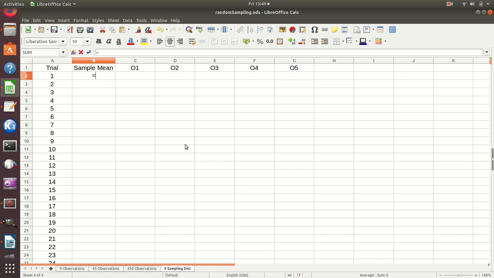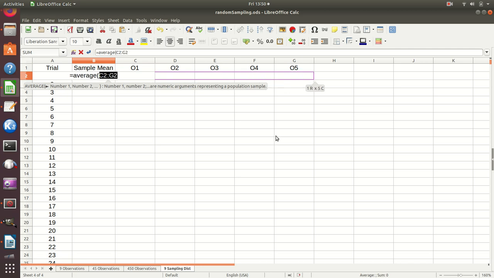Now here, I'm just going to ask for the average of, so I usually say of when I do an open parenthesis, because that's math stuff like f of x, right? You write f open parenthesis, x close parenthesis, f of x. And so I often will say of when I do an open parenthesis. Yeah, you can think that's weird, that's fine. And so average, and I want those 5 cells. I want to take the average of those, C2 through G2,